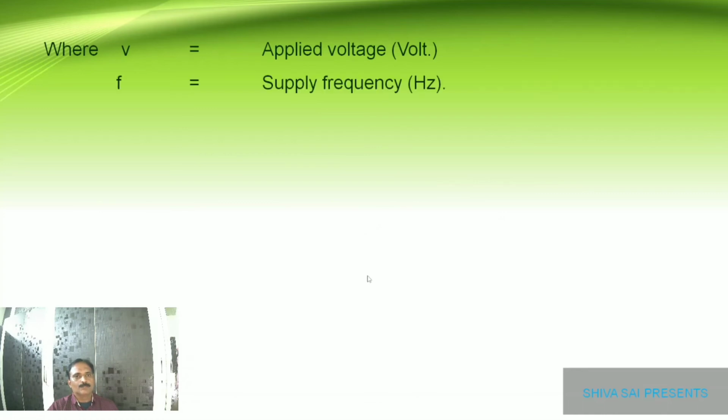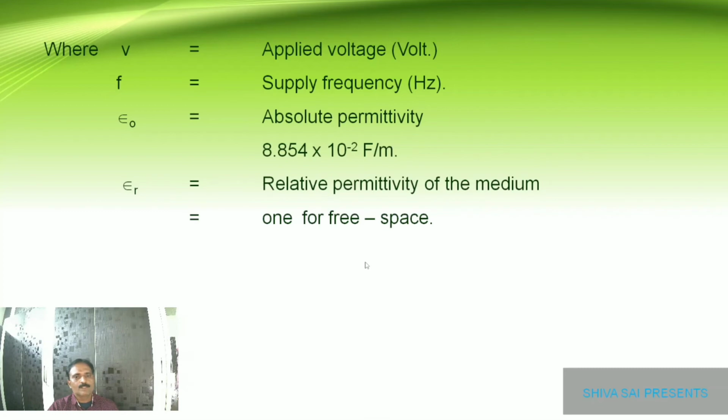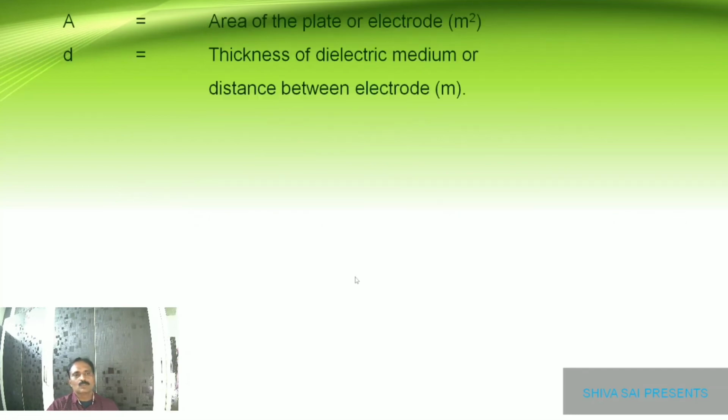So here V is the applied voltage, and f is the frequency. Epsilon naught is absolute permittivity, which is equal to 8.854 into 10 to the power of minus 12 farads per meter, and epsilon r is the relative permittivity of the medium. Actually this will be 1 for free space. A is the area of the plate or electrode, in square meters, and D is the thickness of the dielectric medium or distance between the electrodes, and delta is the loss angle, which is represented in radians,